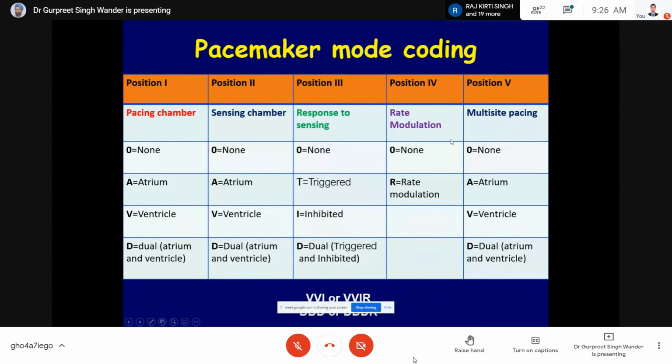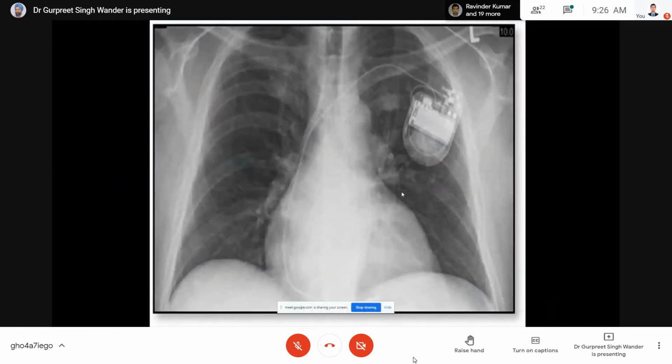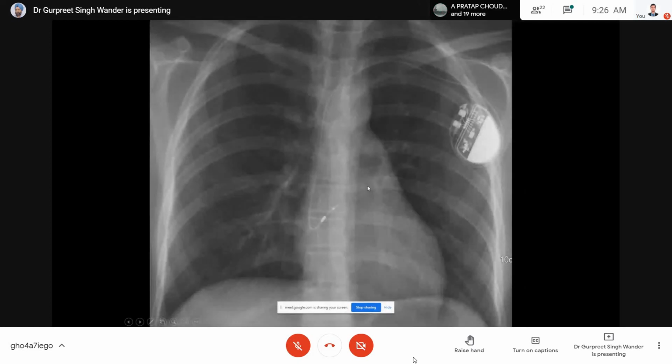And as I said, pacemakers are essentially used only for bradyarrhythmias, when the rate drops in a given individual. So this is an example, a chest X-ray of a patient, and you can make out the size of the pulse generator. It's not very big. This is a single wire going. And sometimes we pace the atrium, we don't pace the ventricle, when, as I showed you, the sinus node is abnormal. You can see this is the cathode and the anode, these are the 2 poles. But this is rarely done. Mostly we pace the ventricle only.